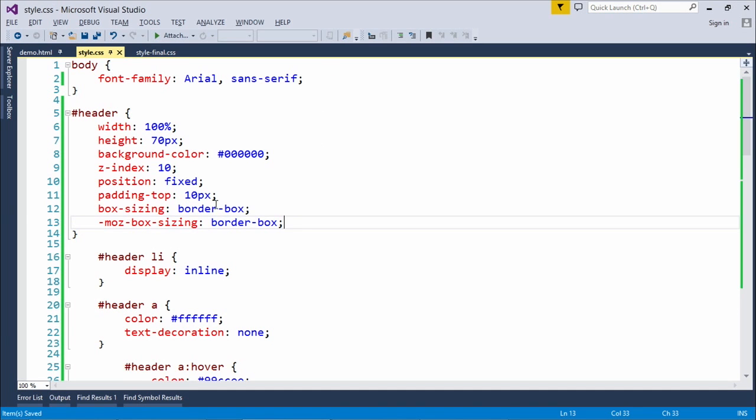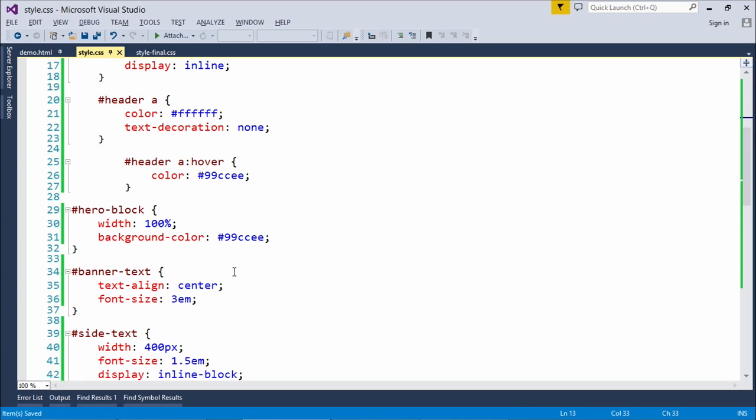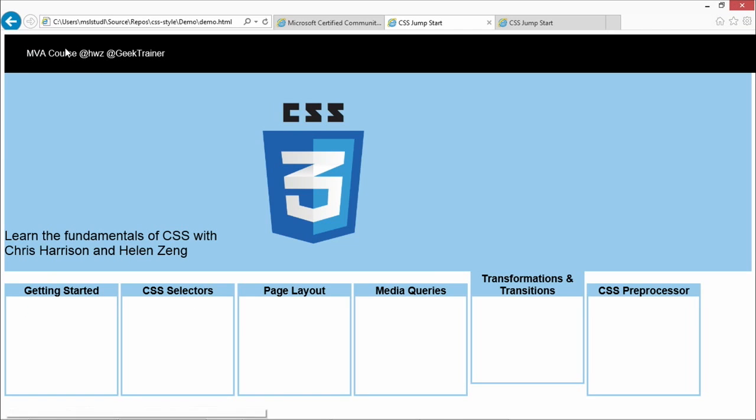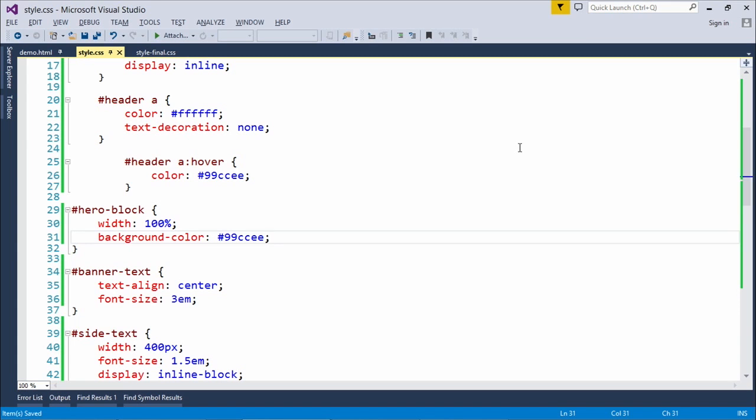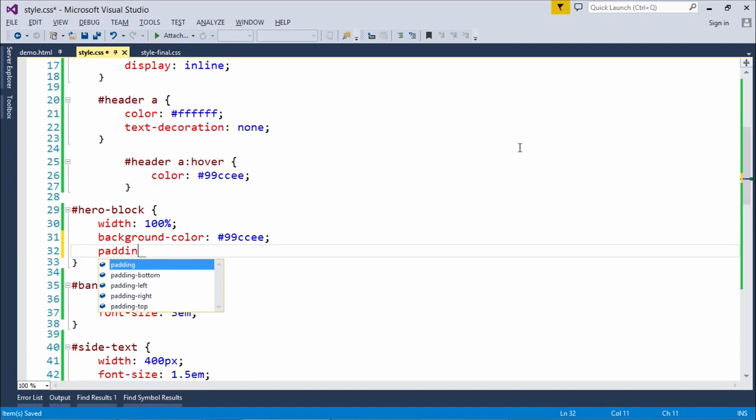And the way I'm going to fix that is, in the hero block, which is comprised of basically everything in this blue box, I'm going to set some padding on top to push the elements inside down a little bit. Okay. Actually, I want to show you guys how to set padding for all 4 sides at the same time. So instead of doing padding top, you could just simply do padding,